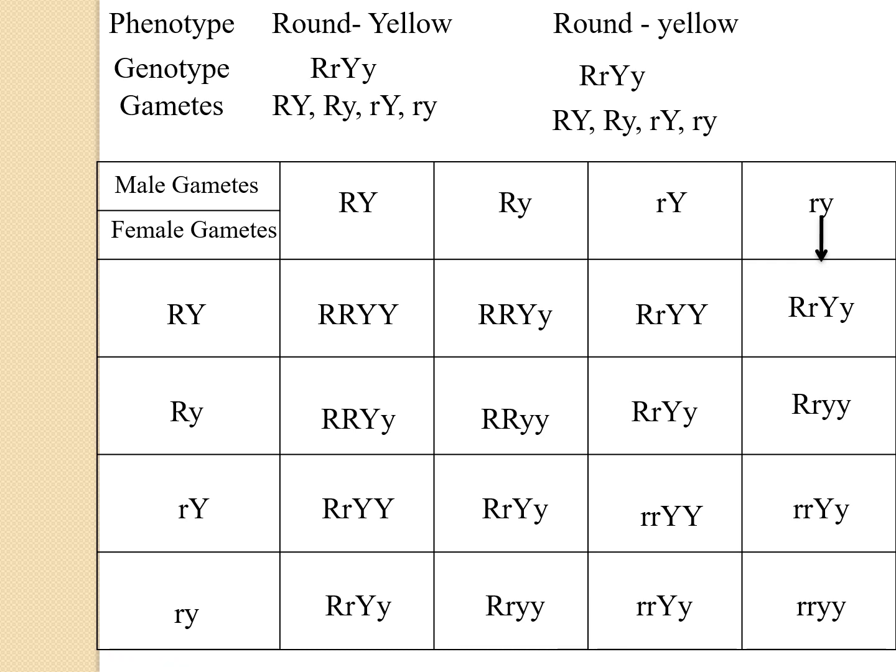In the monohybrid cross, we had 4 boxes to consider for phenotypic ratio and genotypic ratio. But when you're talking about a dihybrid cross, your Punnett square in total will give you 16 possibilities. And based on those 16 possibilities, you have to find out the phenotypic ratio as well as the genotypic ratio. So this is how your entire dihybrid cross gets completed.